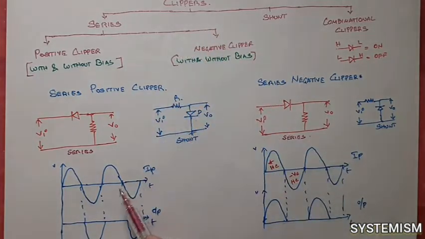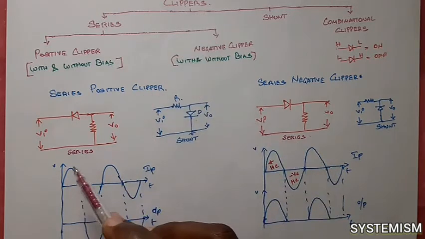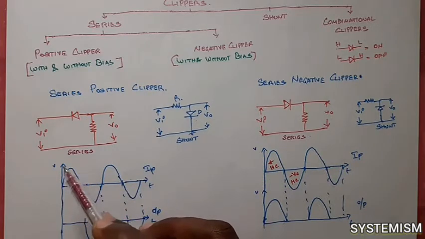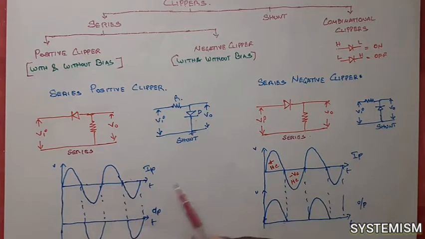Okay, see here, this is your input sine wave. In this input sine wave I don't want this particular portion, I want to clip away the particular portion, which means I can do it by means of this circuit called clipper. So if I want to clip away any particular part in the positive cycle, then it is called positive clipper. If you want to clip away anything in your negative values, then it is negative clipper.